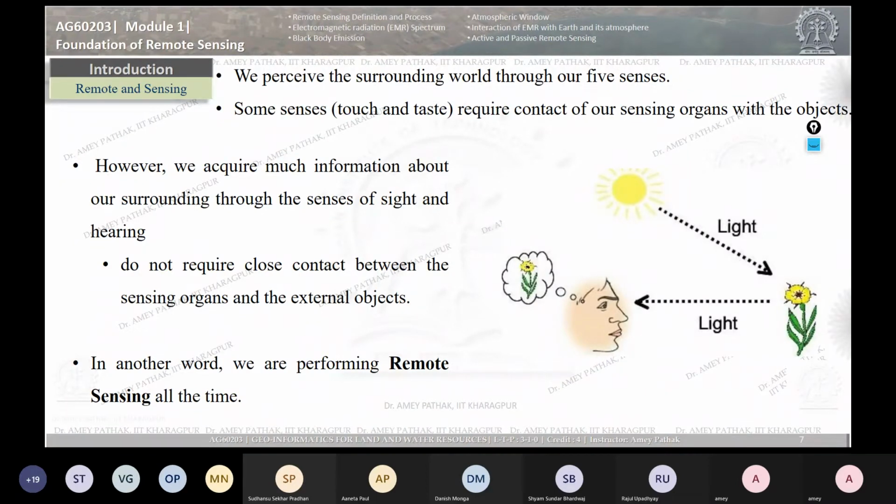Whenever we interpret reality in our mind, either by looking at it or hearing about it, we are running some model in our mind based on the data that our eye and our ear collect. So in this case, what are the sensors? So we also use sensors. What are the sensors in this case? Our eyes.